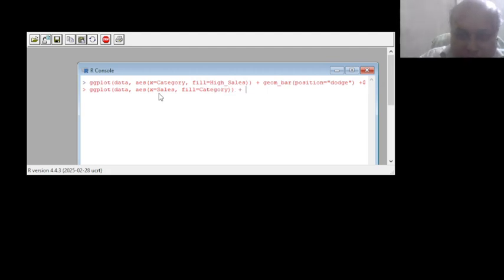So on top of that, we will have geom density, meant for the density plot with alpha equal to 0.5, which is the opaqueness,